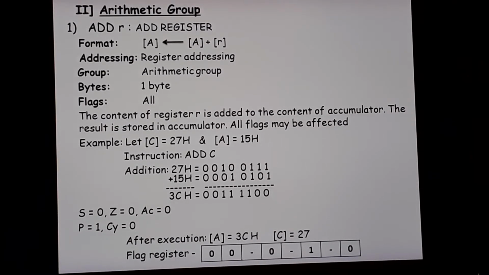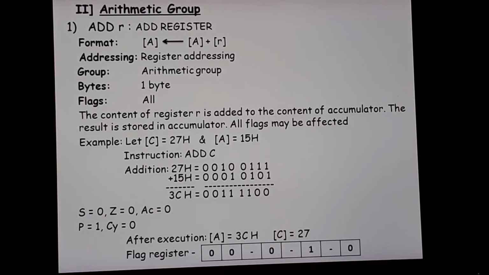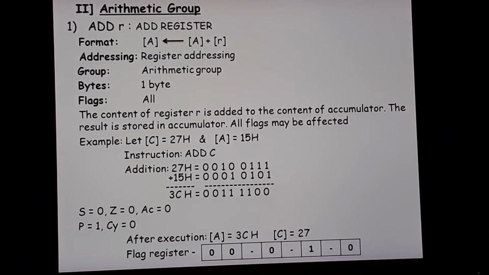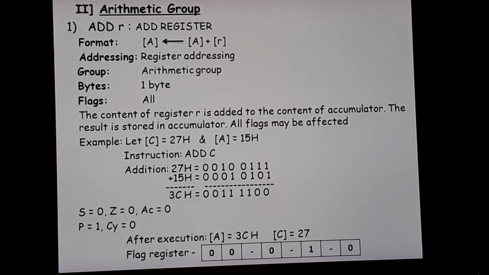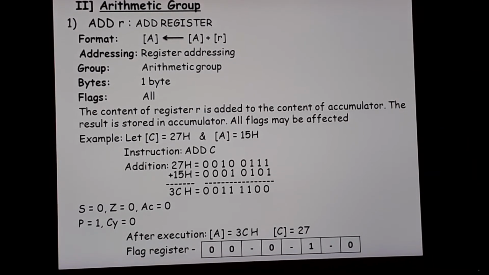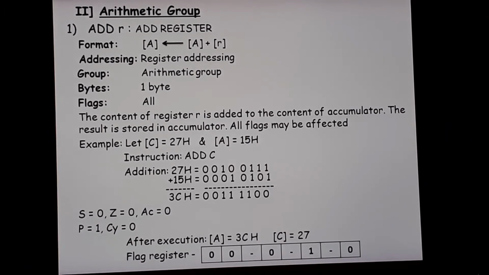Now see here the addition. You can practice this addition that I have shown in the slides. Okay, so 27h plus 15h will give you 3Ch, the addition. How? I'll show you once only. Okay, in the second example I'll directly tell you the answer. So you need to practice that chapter. Okay, so see how 3C came here. Let us see in only one example. In the next example I'll not show you the addition, how it came.